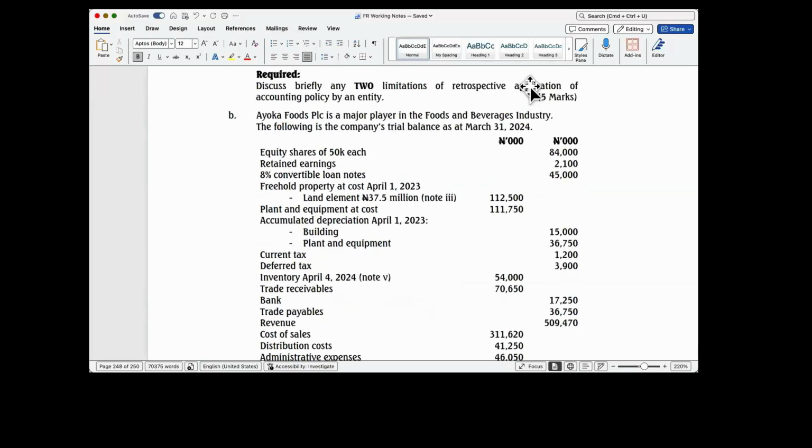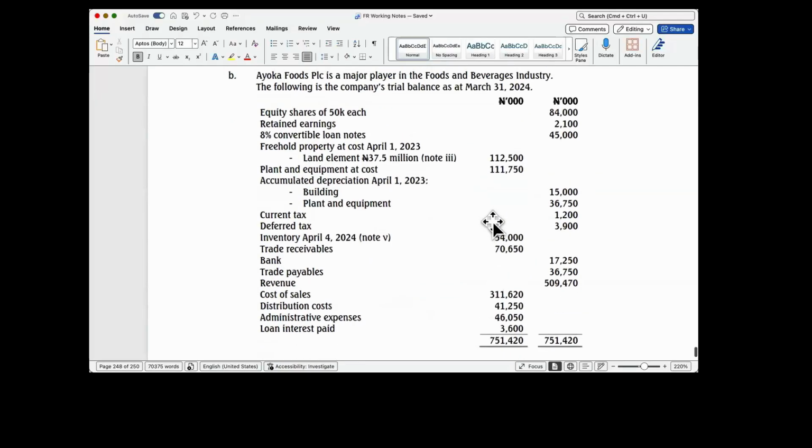I was given my trial balance. So for your exam, you can glance through this trial balance. You can see items on them. Like we have here, they give me equity shares. I can see that this equity is at 50 kobo each,